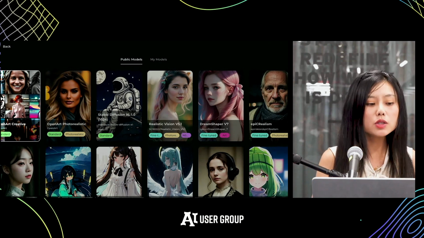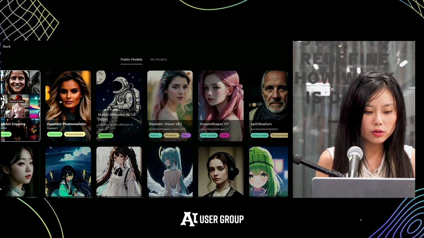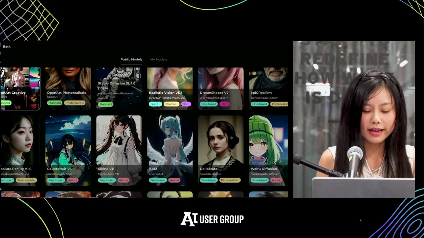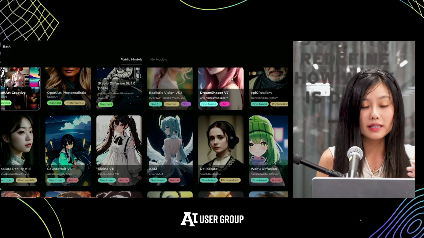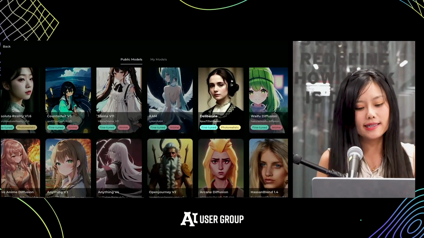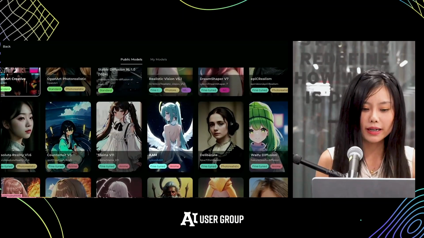So when we fine-tune this model, we make sure that all the simple prompts can actually generate pretty good results. So we have fine-tuned models in-house, but we also have a lot of open source models like Realistic Vision, Dreamshaper. These are open source, but we're hosting them on our platform, so you can easily use them. Some are better at generating anime, some are better at generating photorealistic images.